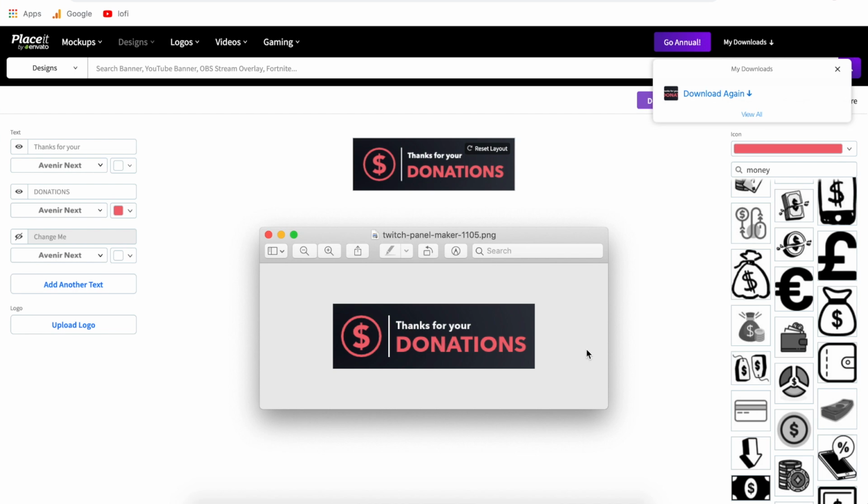The cool thing about Placeit is that everything that you download from Placeit, all the graphics you use, the fonts you use, if you made it and downloaded it from Placeit, it comes with full commercial usage rights. This means that you're never infringing on copyrights and you can legally profit from the use of these designs. So if you're using this panel on Twitch and your Twitch is making money, that is 100% okay and you're not infringing on any copyrights.